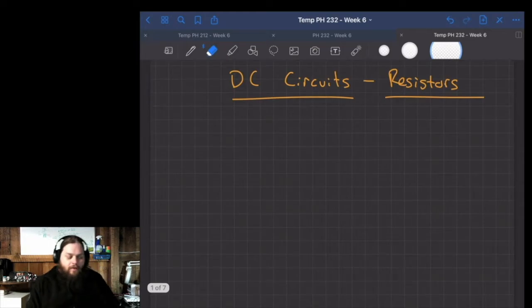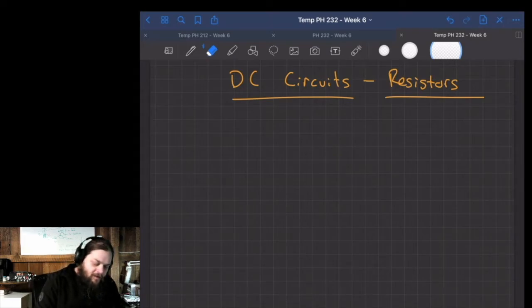We're going to talk a little bit about how resistors work in a DC circuit. So in DC circuits, if we have resistors in series, we start off with resistors